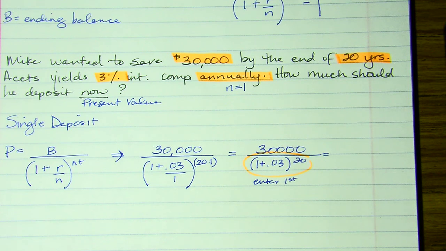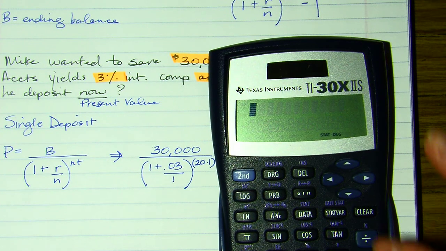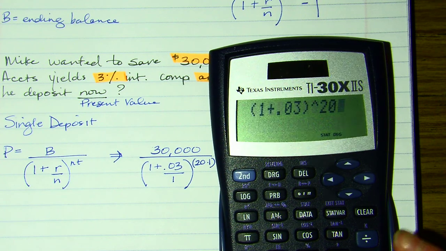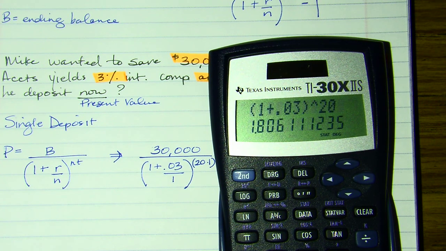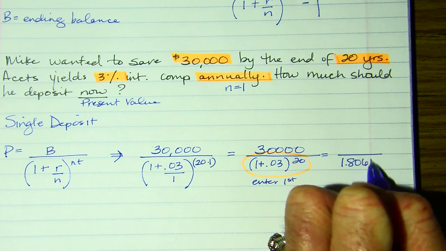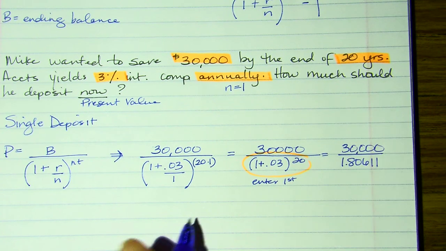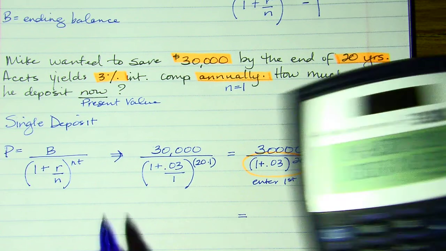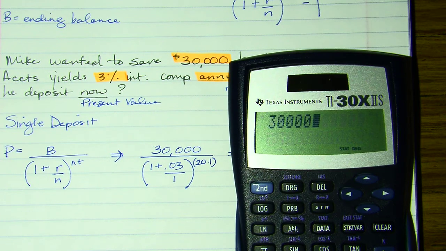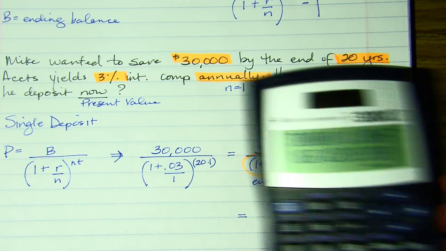Okay, so parentheses 1 plus 0.03 to the 20th power. I'm going to record a lot of that, so that gives me 1.80611, and on the top I have 30,000, and then I'm going to divide to get my final answer. So 30,000 divided by 1.80611, and I get